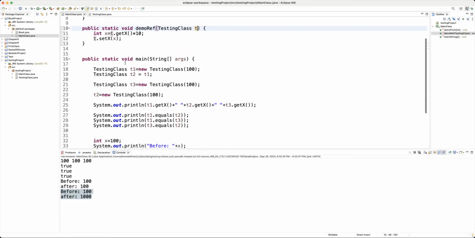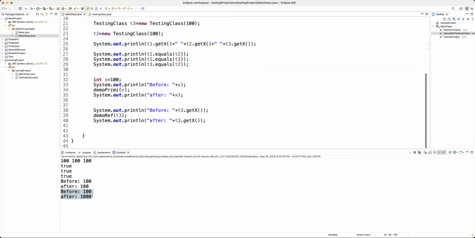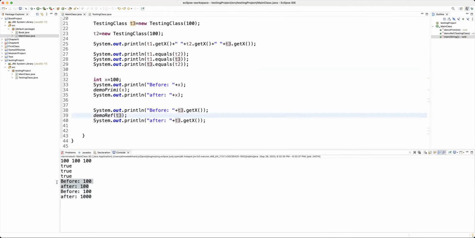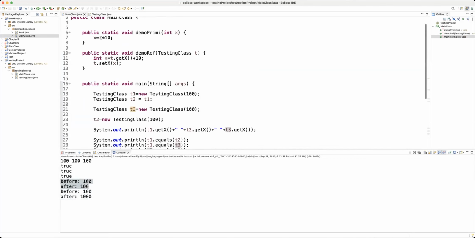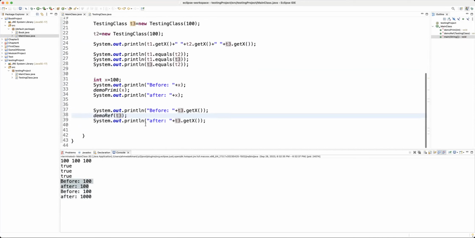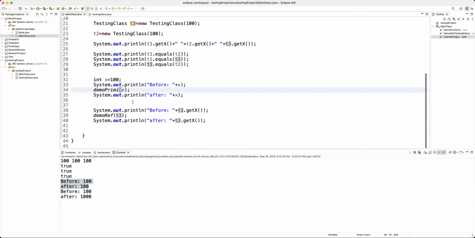And that's why when I said print before and after for non-primitive data types, I was able to modify it and see the results reflected back inside my main memory. But with primitive data types, that's not the case. And this is simply what we have here. X, any change that happens to X will not be reflected on the original X. And for that reason, if you want to have the same effect